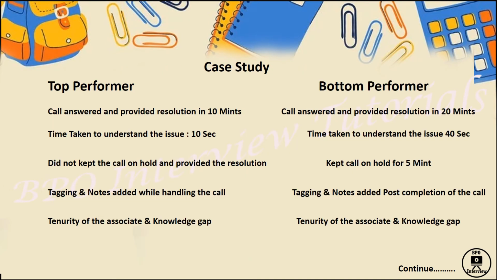Okay, now this is a case study, guys. So what you need to do is take an Excel sheet. In the Excel sheet, mention the associate's name. If you're going with 5 associates for time and motion, ask all the associates to sit at one desk with individual computers. As a trainer or a quality analyst or a team lead, 2 or 3 of us will sit with the associates. What we will do is judge how much time they are taking while solving the customer's issue over the call. In the Excel sheet we will mention our parameters if required. We will also mention the hold time.